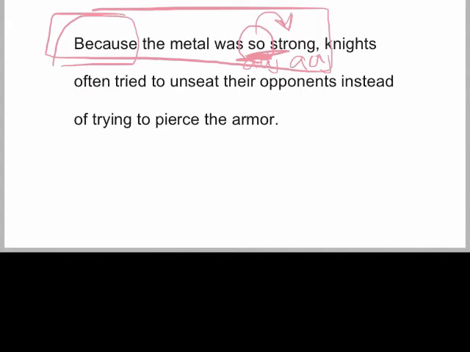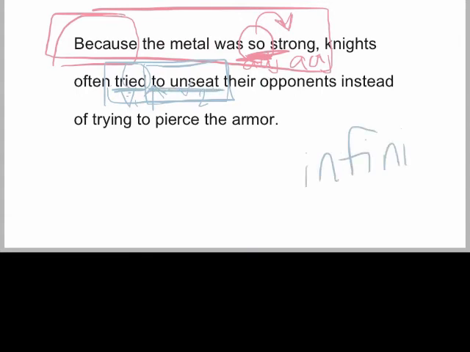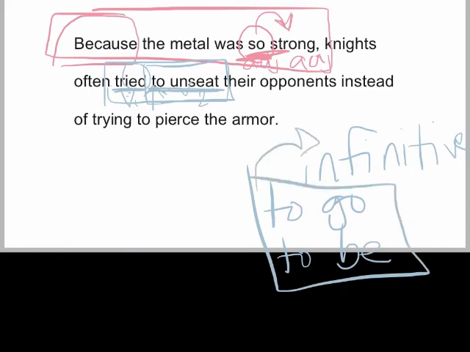Now we have a comma here, which tells us that this whole phrase is not a complete sentence. Basically, starting with because, that's your conjunction. But let's find that verb again. Okay? So tried to unseat is a verb phrase. First verb and then second verb. A lot of people put preposition here, but what this to is functioning as is part of the verb. So you've got a two-verb phrase here, tried to unseat. The first verb is conjugated, which means it's put into this form. The second verb is in the infinitive form. Infinitive looks like this. Anytime you have to go or to be, a verb phrase like this, that's a verb in the infinitive form.